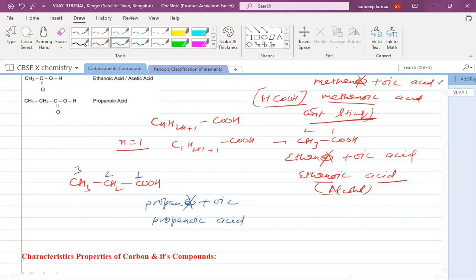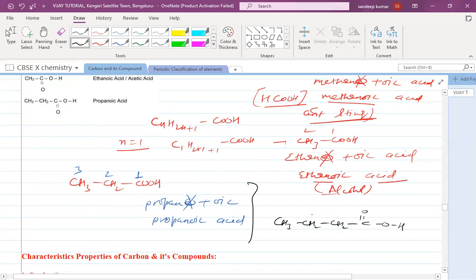Now they may ask you to name them in the expanded form. Also, they may ask CH3, CH2, CH2, C double bond O, single bond O, single bond H. Now you have to understand what this is. This group is a carboxylic acid. So count, start from here: 1, 2. You have to count the carbon atoms only: 1, 2, 3, 4. So for four carbons, it is butane. And as a carboxylic acid is there, we add "oic acid": butanoic acid.